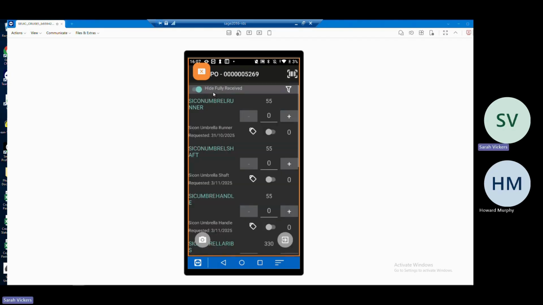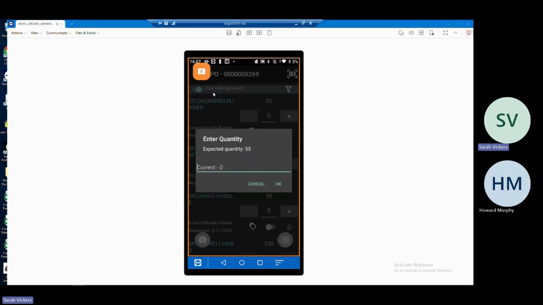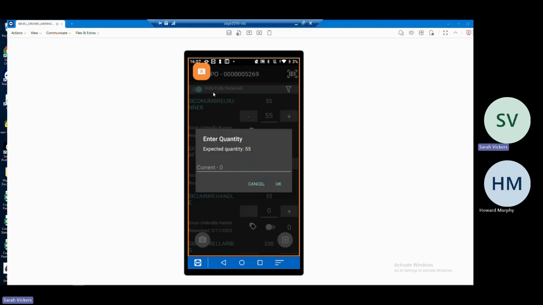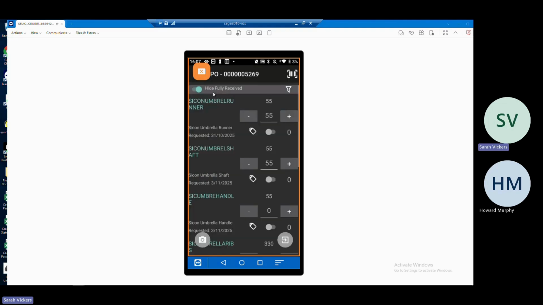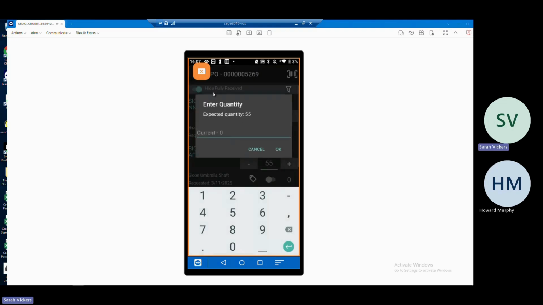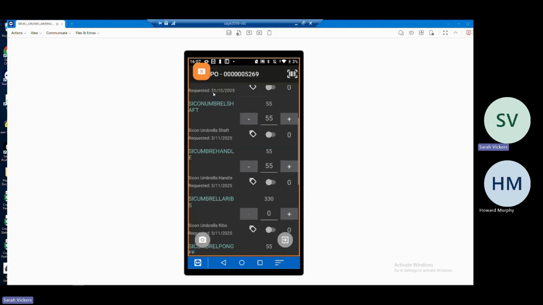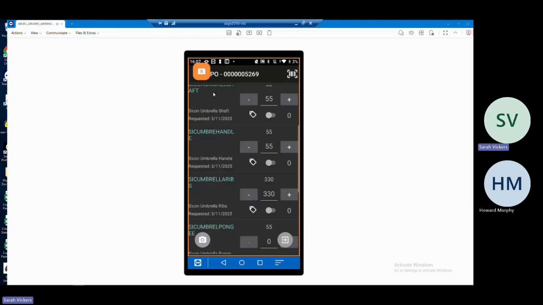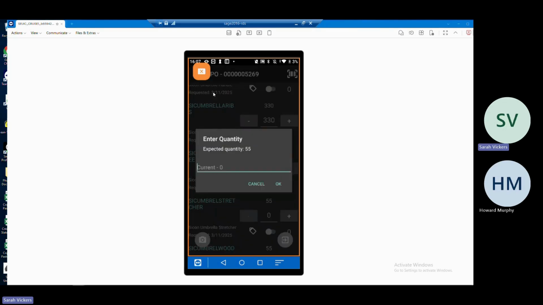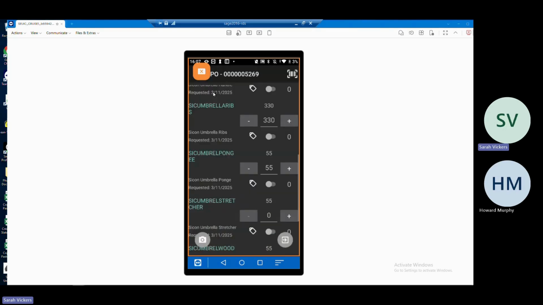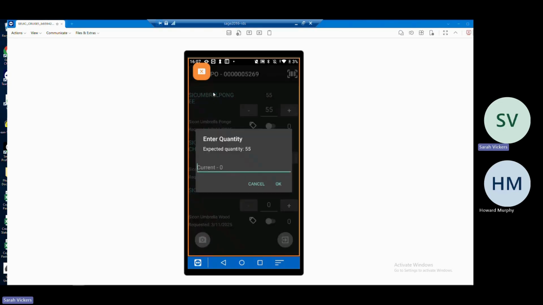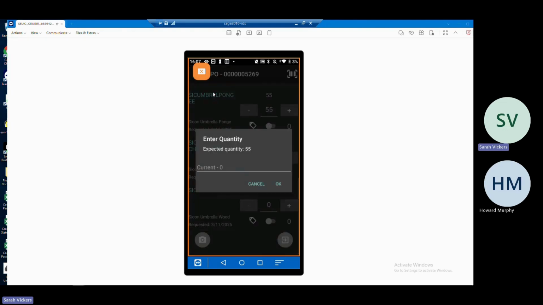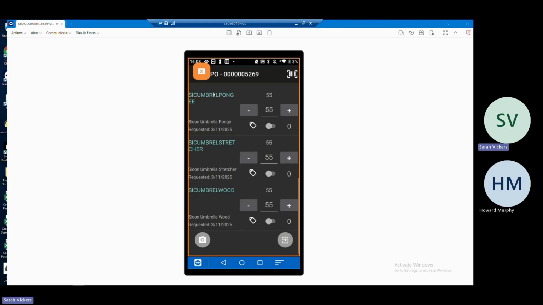And it's going to list all of the items that I need to be booking in. Now, this is where, of course, if you do have barcode labels on the items, then I would just simply scan those, but I don't have barcode labels. So as you can see, I can still key in the item. So don't worry if you do have suppliers that send you items with no labels on, you can still book the items in. And as you'll see, I then have the capacity to produce a barcode